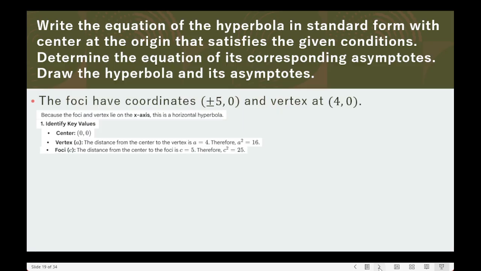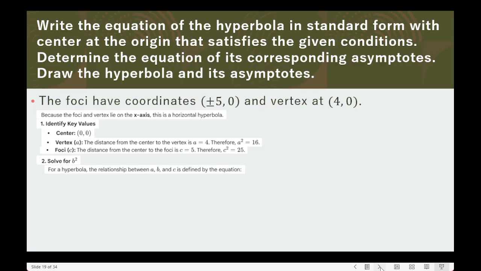For the foci, we consider c, which indicates the distance from the center to the focus. So that is c equals 5. So it follows that c squared equals 25. Solving for b squared,